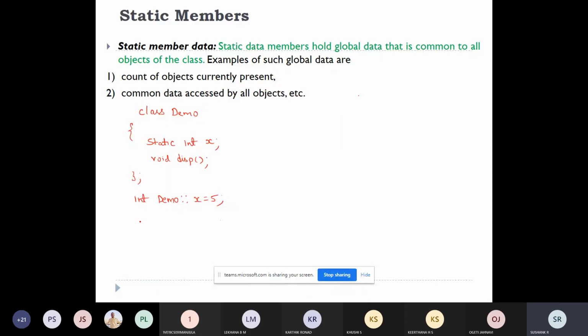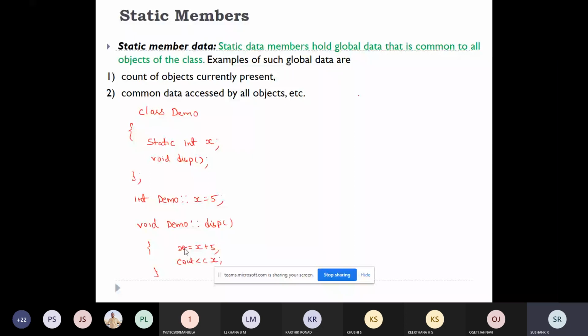The return type is void, the class name is demo, and after that the function name is display. Now this display function, which we call a member function, can access this variable x directly. They can write x is equal to x plus 5, or they can directly print cout x.